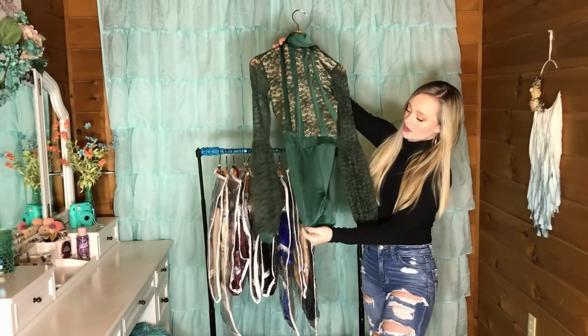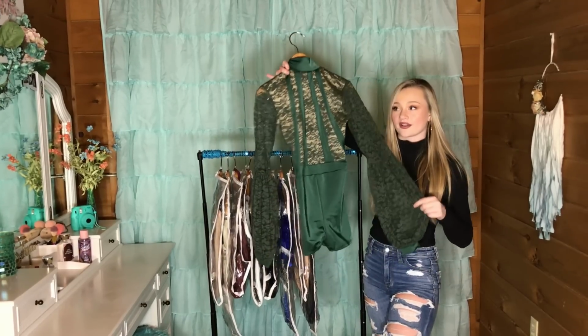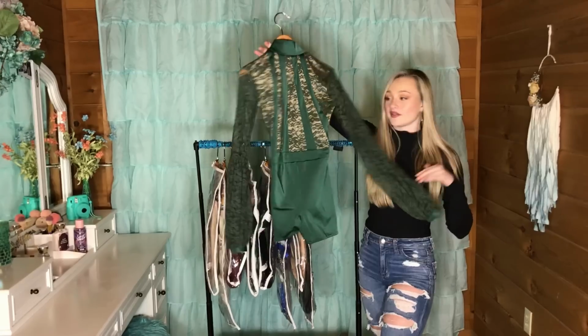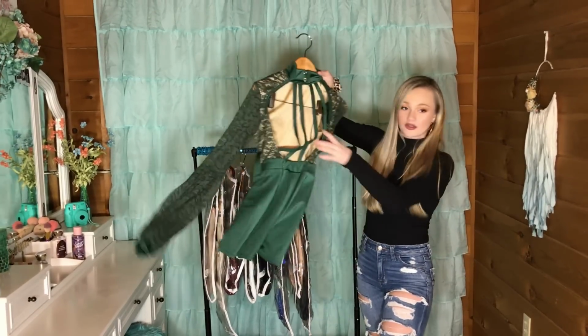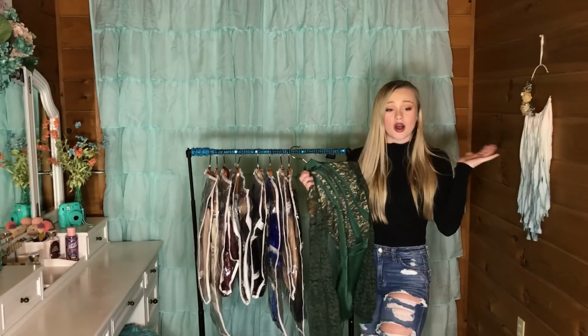But anyways, this one looks like this. It's just a really pretty color green. It's not like a Kelly green, and it's also not like a really dark foresty green. It's a really pretty in between color. Pretty lace bell sleeves. And then the back looks like that. So it's just really pretty. And it has a cool hairpiece. And a prop, so